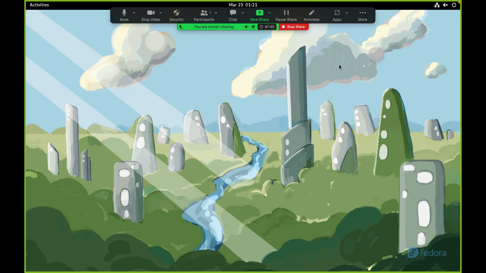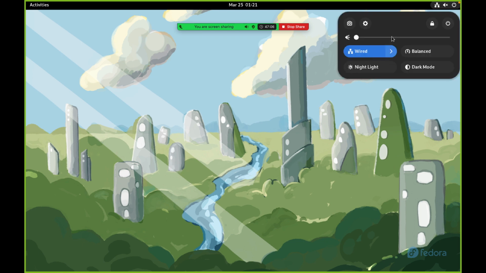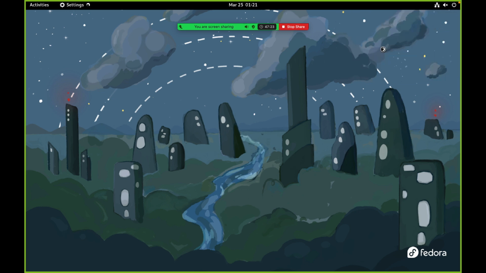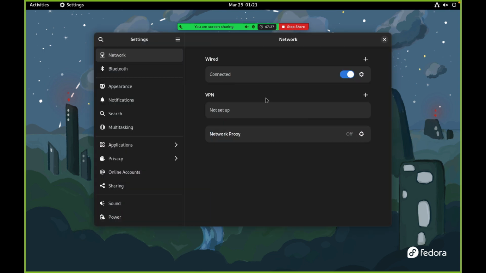And so what's in Fedora Linux? On the top right, we have our connection, balance, power saver for the battery, night light, and dark mode, which you can turn on and it turns dark. We have volume as well here, and of course we have the settings. Let's see, what do we have here? We have network, of course, Bluetooth,